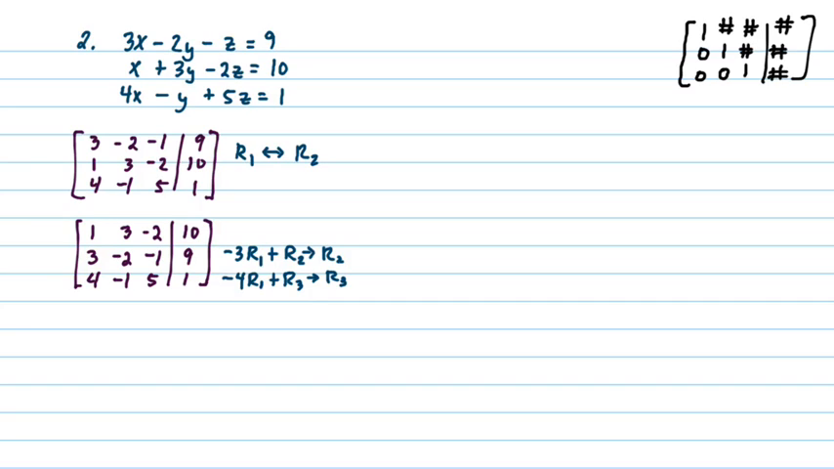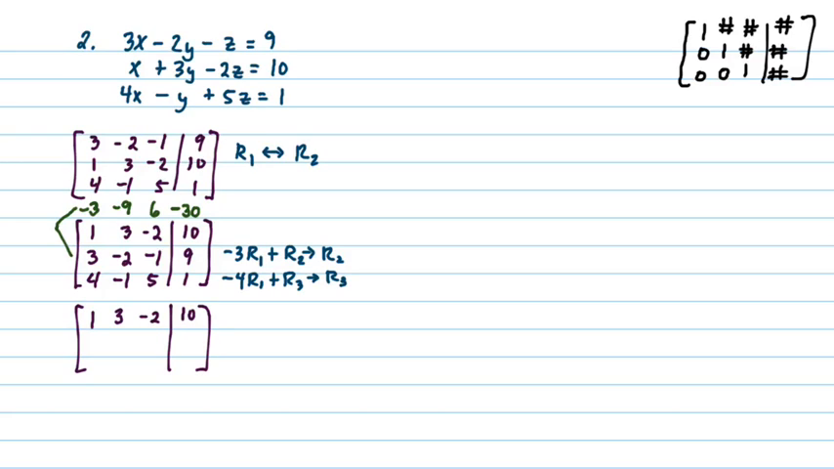All right, so let's go ahead and multiply the first row by negative 3. So 1 times negative 3 is negative 3. And 3 times negative 3, or negative 3 times 3 is going to give us negative 9. And negative 3 times negative 2 will give us 6. And negative 3 times 10 is going to give us negative 30. And so when we add these, let's see, I'm going to go ahead and write the next